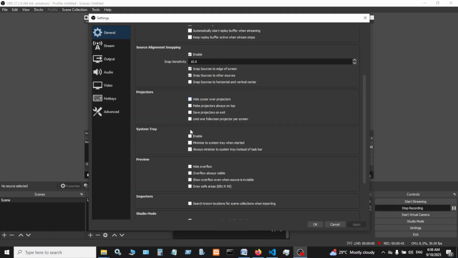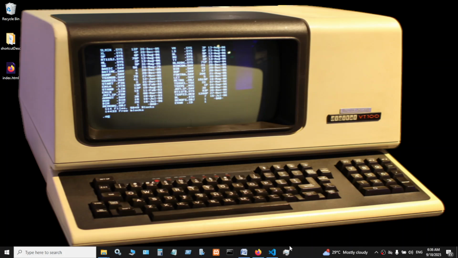So you are going to click enable. When you click enable, always make sure that this thing at the bottom right here is enabled also. Always minimize to system tray instead of taskbar. So click this option also. So when you click apply and OK, you are going to see when I minimize now, can you see now